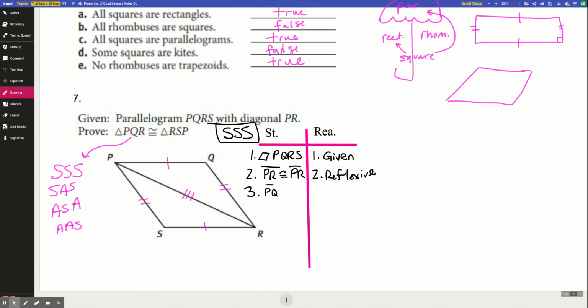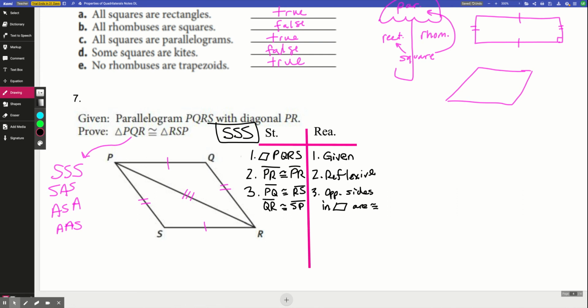So PQ is congruent to RS, and QR is congruent to SP, okay, and my reason is that opposite sides in a parallelogram are congruent,